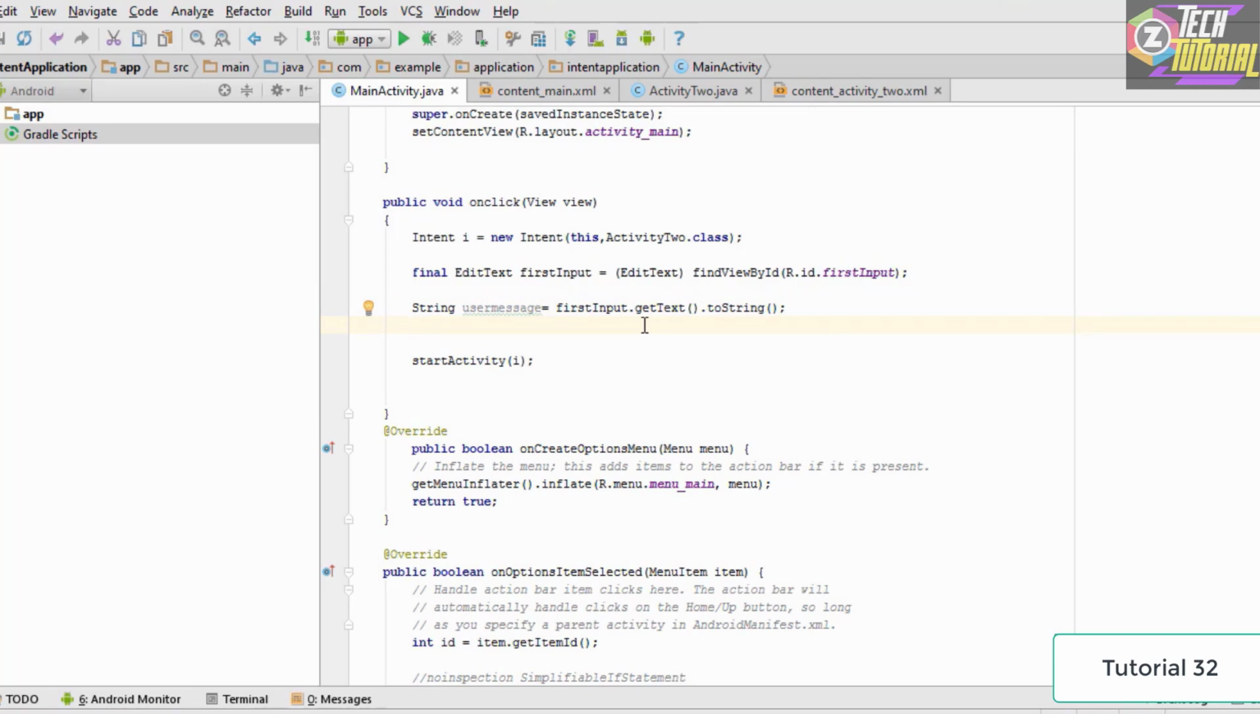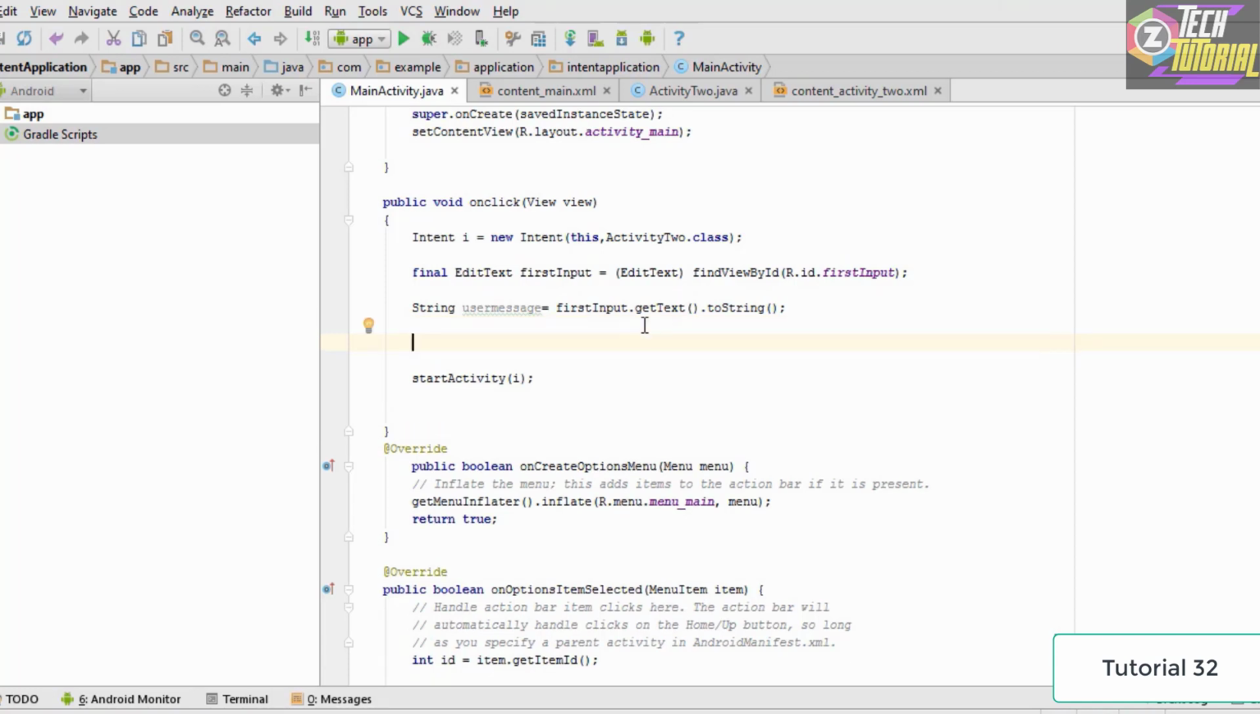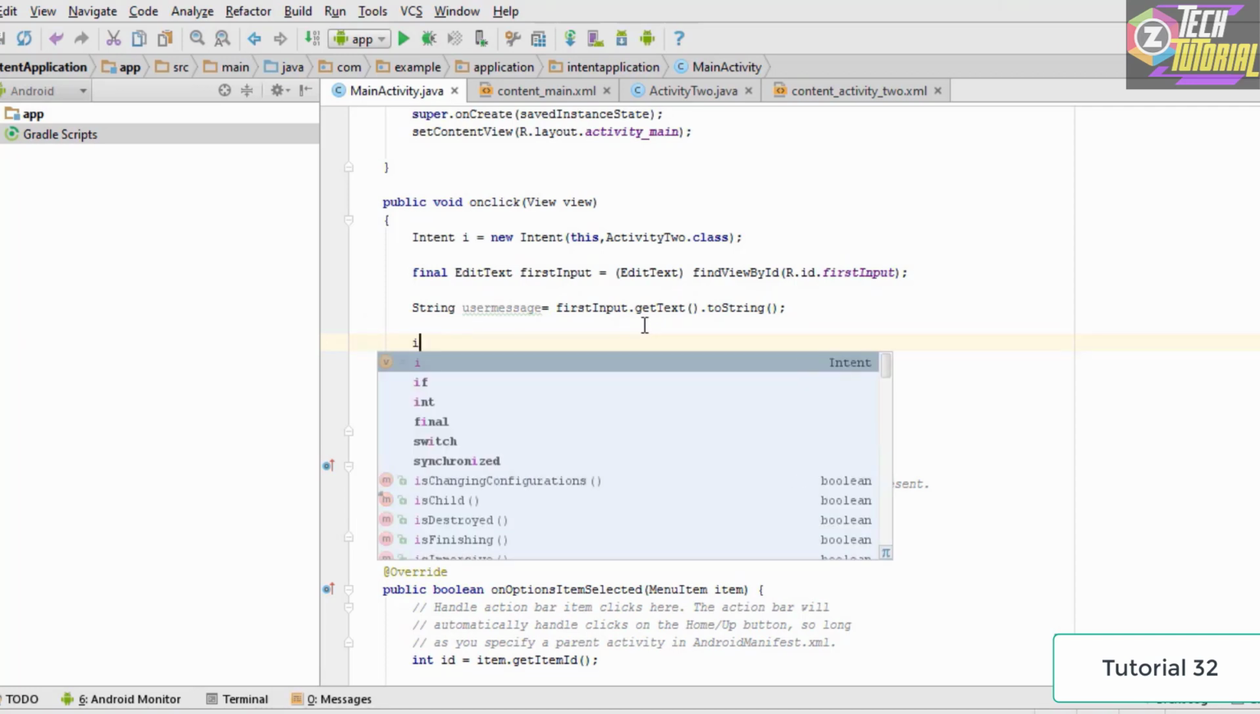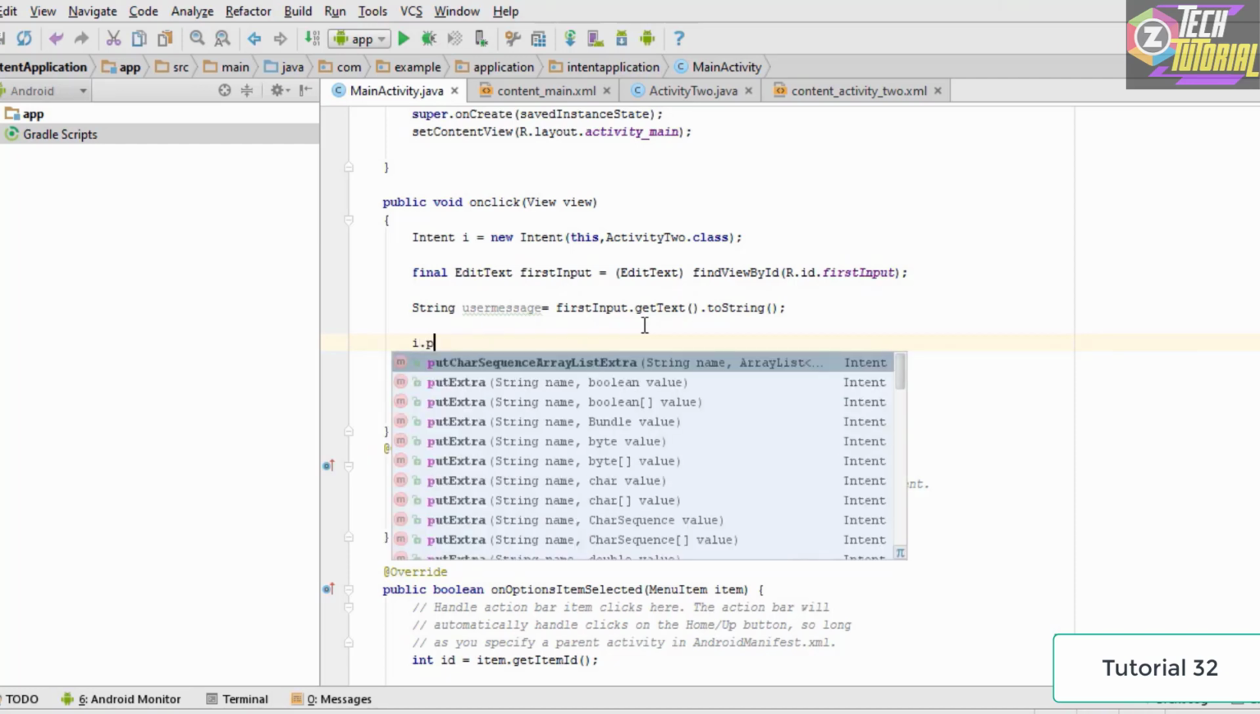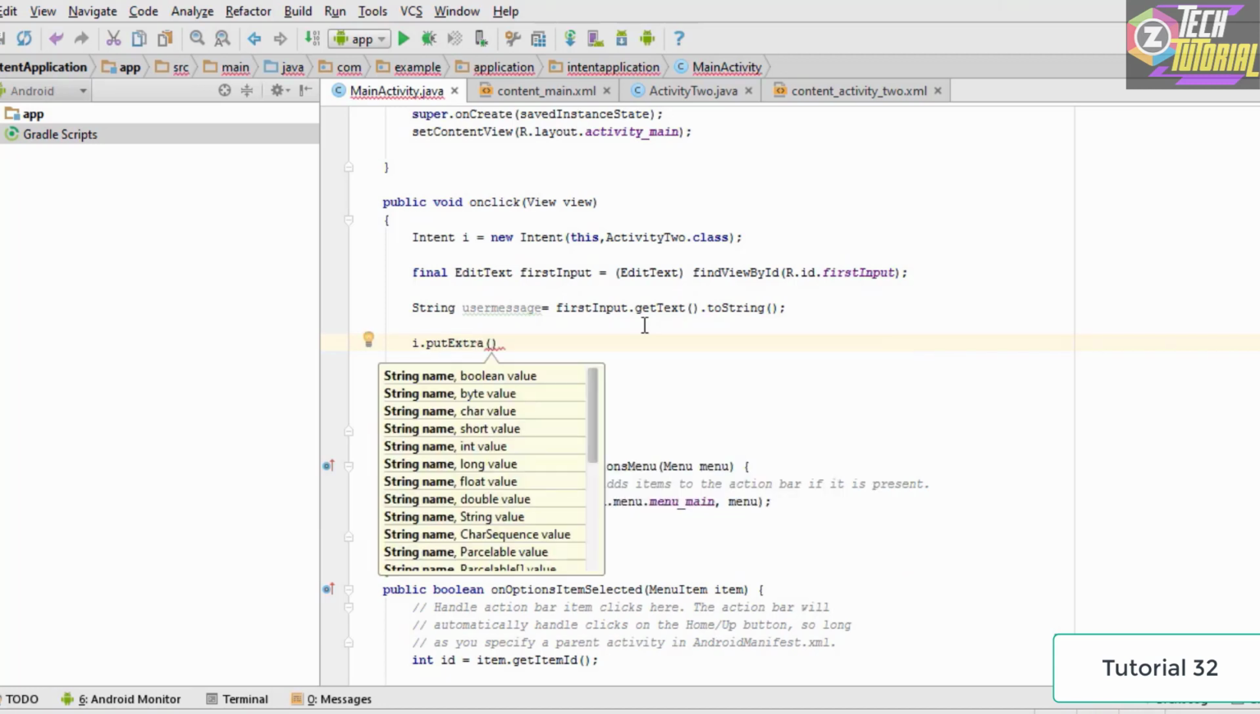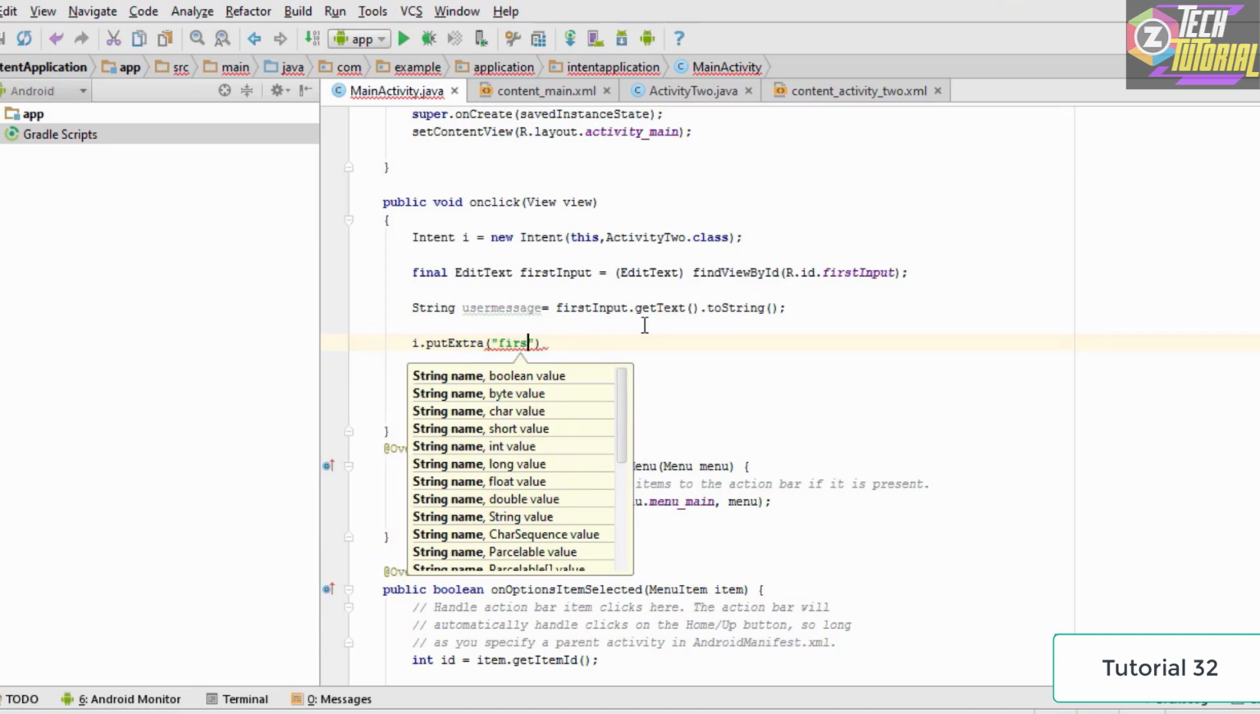Now the next thing which we need to do is that as we have the string with us, we need to pass on the string by using the intent. So the intent which we have created is i. So in order to pass on a message with the intent, we use the putExtra method. So we type i.putExtra, and it is going to use two parameters. So the first parameter is going to be the name of the message. So let's say we call it as first message,